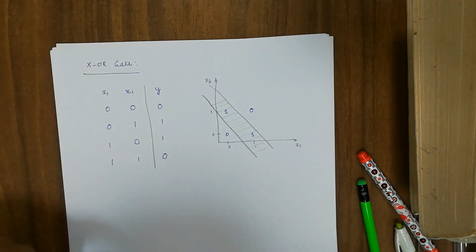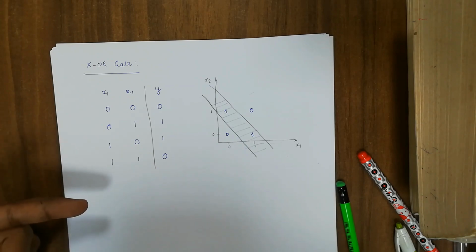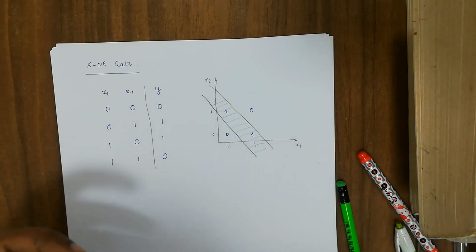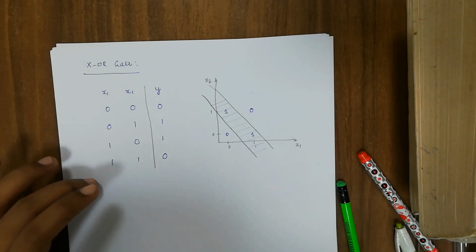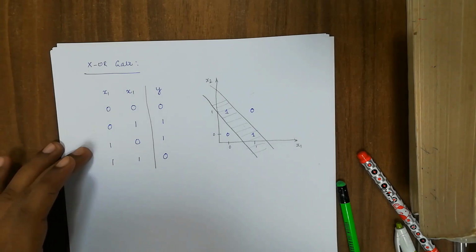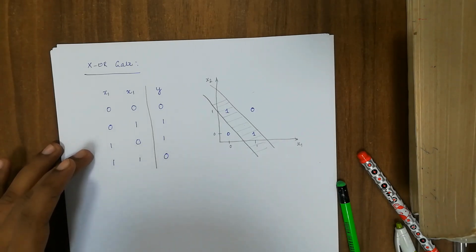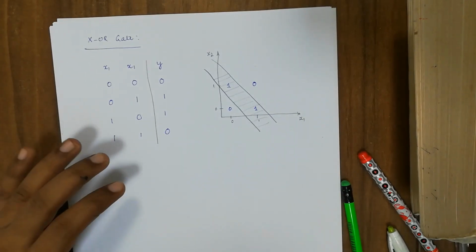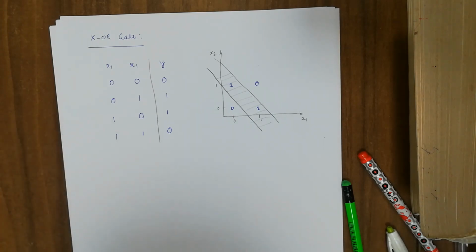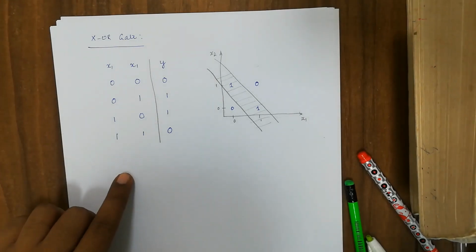So we cannot design a solution using a single layer, single output, or possibly single layer multiple output. Exactly this kind of situation, where the region is not linearly separable, as I said before, we have to go for the multiple layer neural network, which is also called multi-layer perceptron. Now it is possible to solve this problem using a multi-layer perceptron. Now let us discuss how to design such a multi-layer perceptron neural network for this XOR operation.